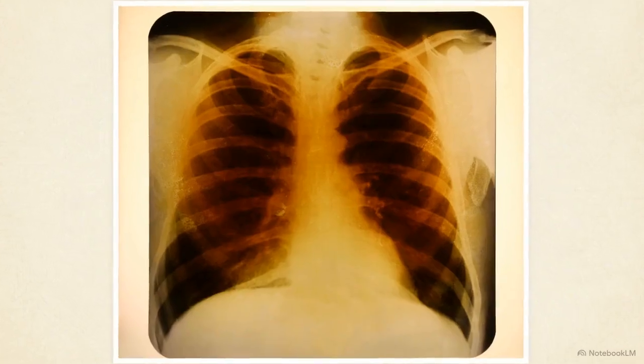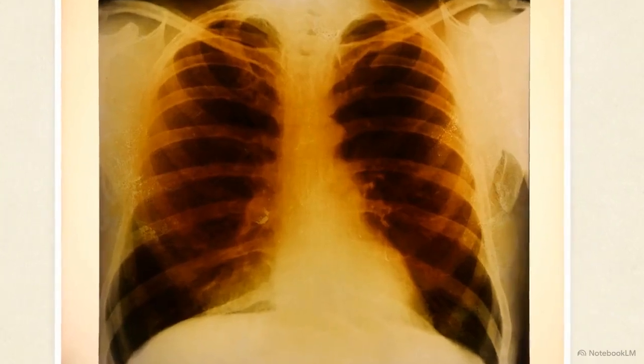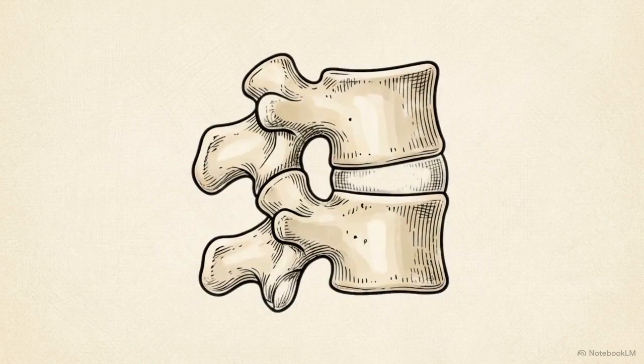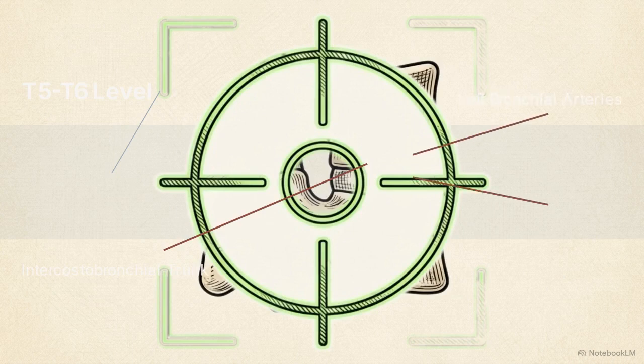This X-ray demonstrates the primary landmark for the search, the radiolucency of the left main bronchus. This airway landmark corresponds to a specific spinal coordinate. The primary target zone for the search is the T5 to T6 vertebral level. At this coordinate, the most common vascular pattern consists of an intercostobronchial trunk on the right and two distinct bronchial